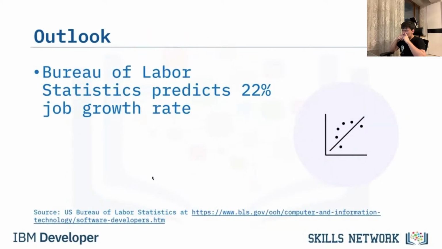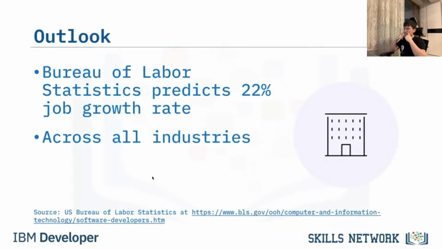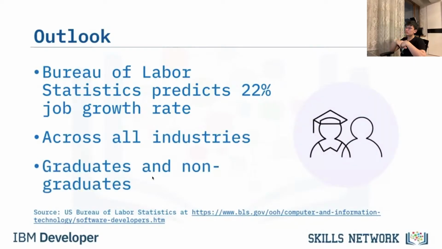The U.S. Bureau of Labor Statistics predicts a higher than average 22% job growth rate for software developers, analysts, and testers from 2020 to 2030. That's an average of almost 200,000 openings each year in the United States alone. These roles are likely to be across many industries, from mobile application development to health and insurance. There is also predicted to be a large increase in security software due to the increase in computer security threats and cybercrime. Many software engineers are graduates with degrees in software engineering or computer science.